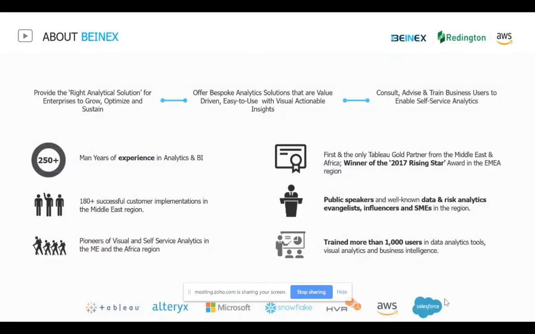Apart from AWS, we are partners with Microsoft for Power BI and Azure implementations, with HVR, a real-time data replication tool, Snowflake, the most in-demand cloud data warehouse, database, and data mart clubbed all together, and Salesforce as well. So this speaks volumes about our service blueprint and the multiple different technologies we have expertise in.